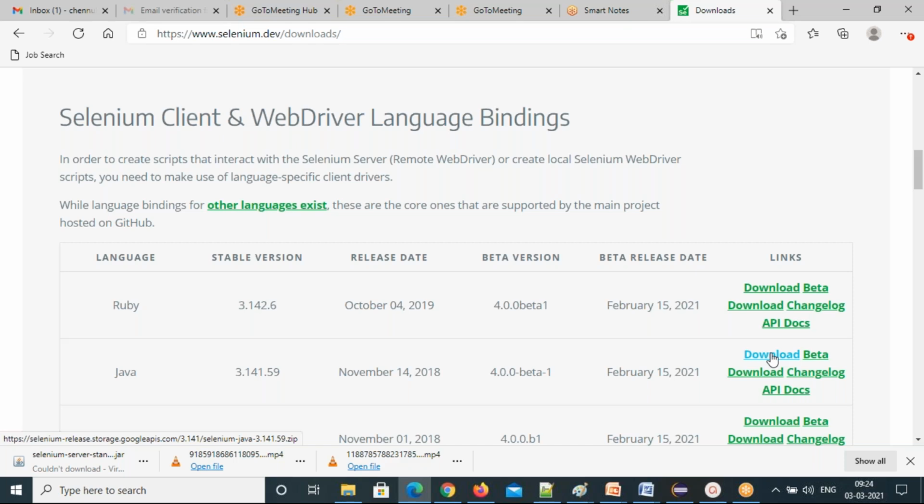I'll tell you why I'm asking you to download the zip file, because inside the zip file you have to unzip it. That's another important point, how to unzip a zip file. This is another thing we should know, how to unzip the files. So zip means you are combining everything into one file. Unzip means you are opening that zip so that you can use those files wherever you want.